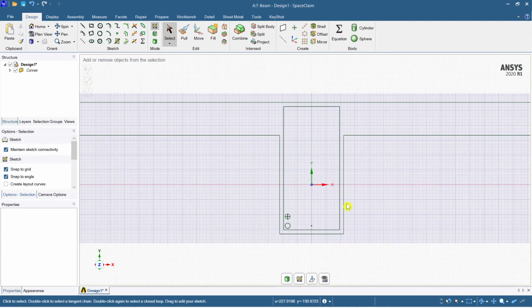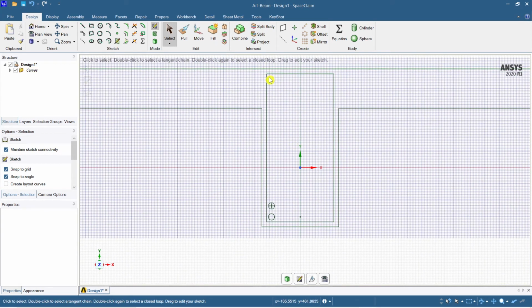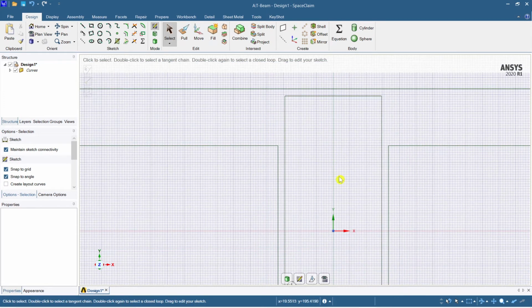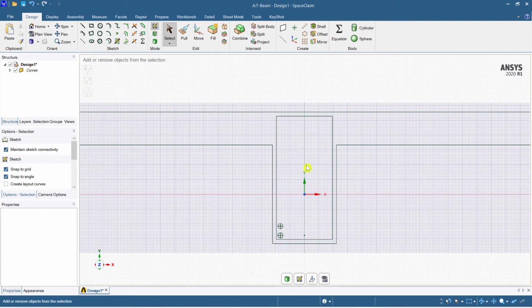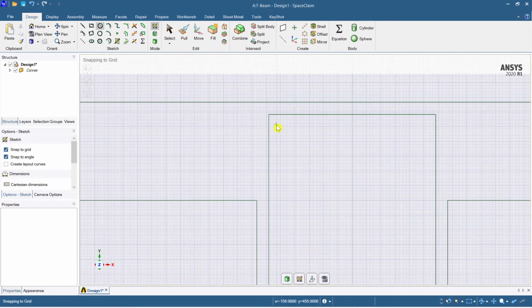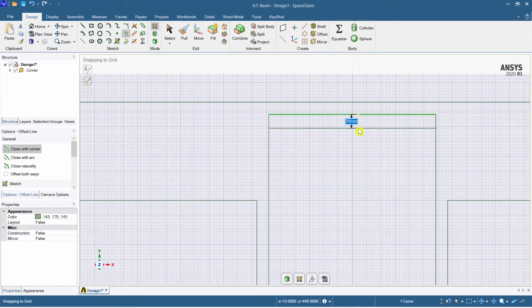One more thing I need to tell you guys is that we also need to create a similar bar here. We are taking 32 here. Now we are going to take a 20 mm bar. Just select this here and again the same thing. We'll have an offset here of 20 mm.